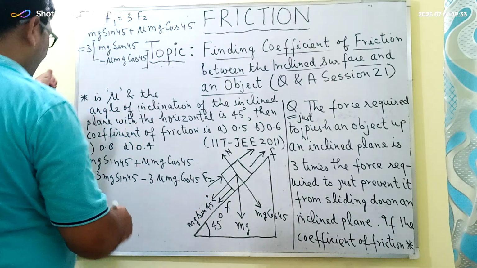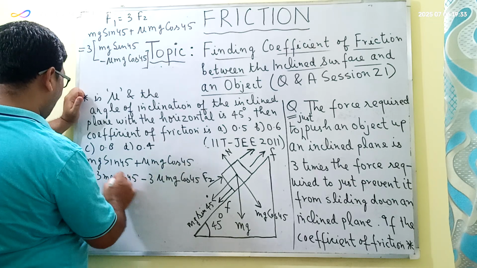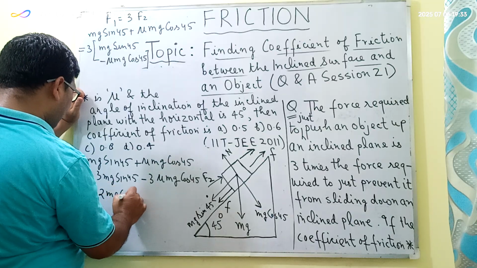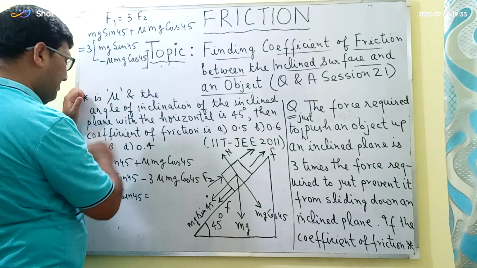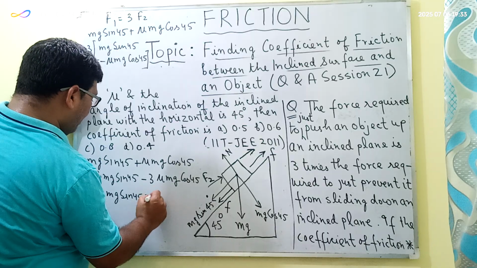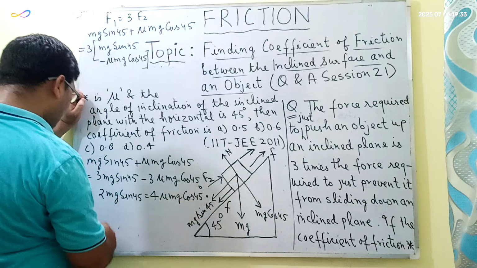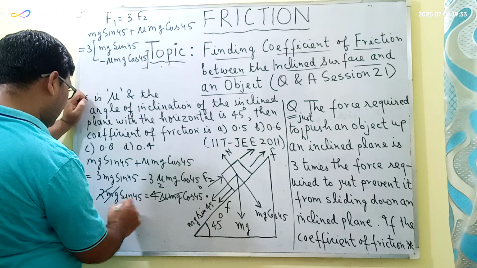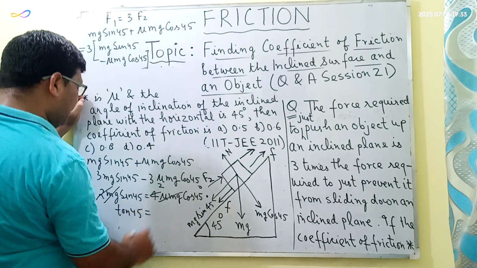So what I can do is, this equation can be further written as 3 mg sin 45. This mg sin 45 will be taken on the right side, so I will be getting 2 mg sin 45, and this minus 3 mu mg cos 45 will be taken on the left side of this equation. So this is equal to 4 mu mg cos 45. So here mg and mg will get cancelled out, and finally if I divide this equation by cos 45,